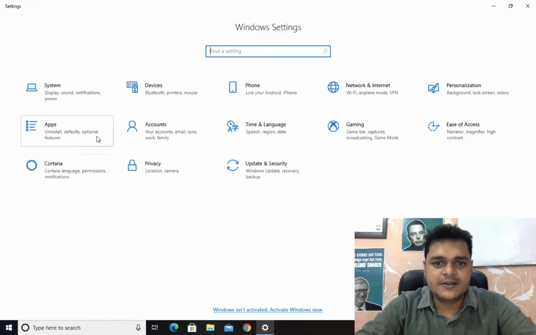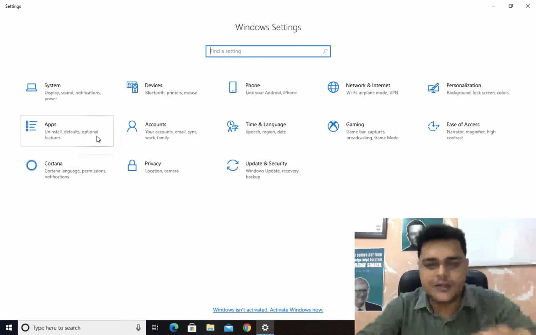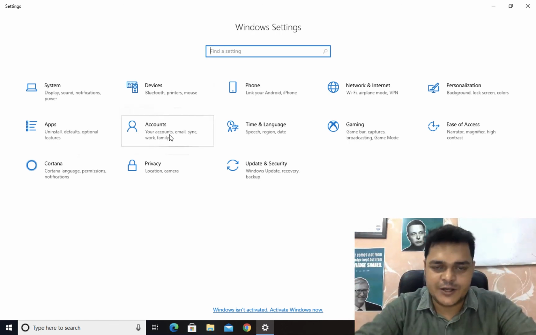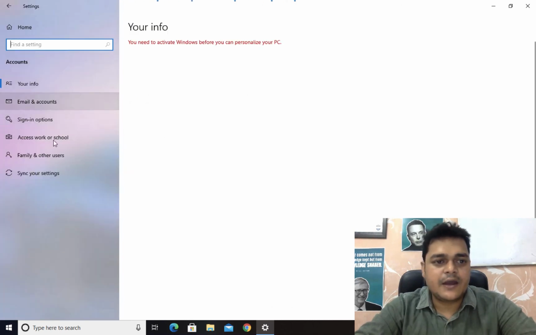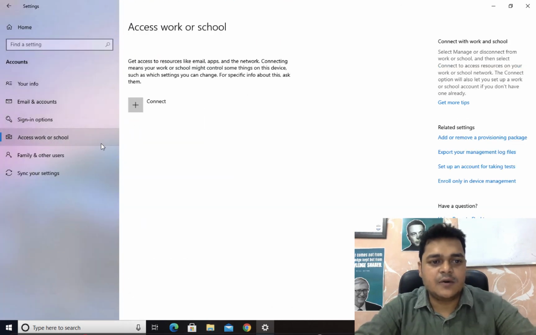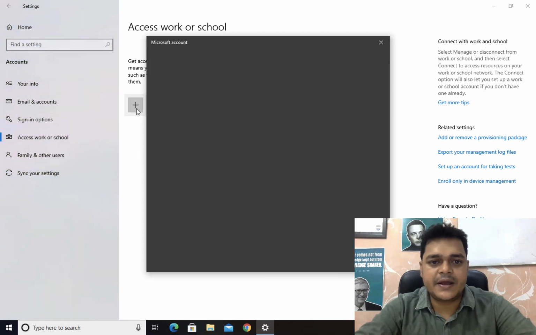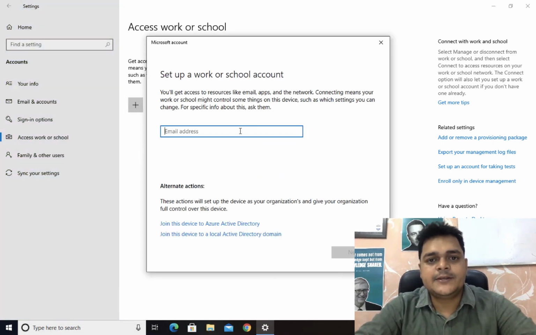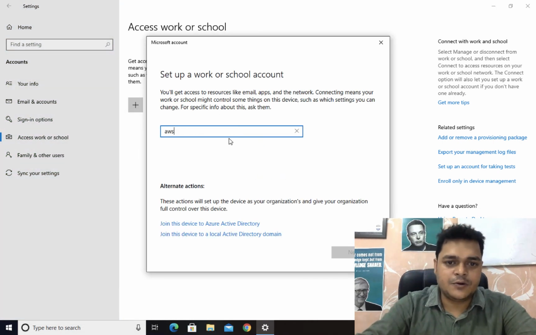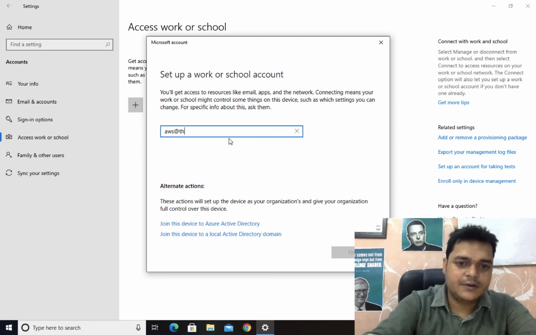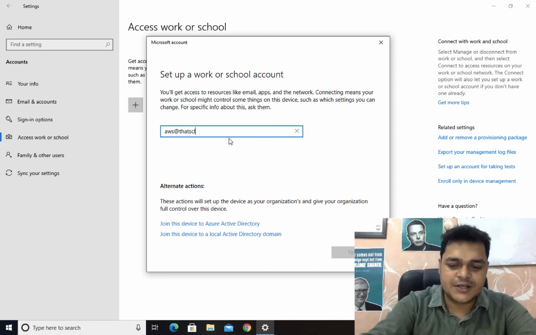This is the concept and steps for how you can join the domain. Click accounts, go to access work or school, click connect. This time you need to provide your mail ID, not username, at thatscloud.in.